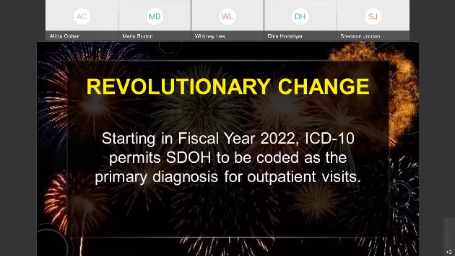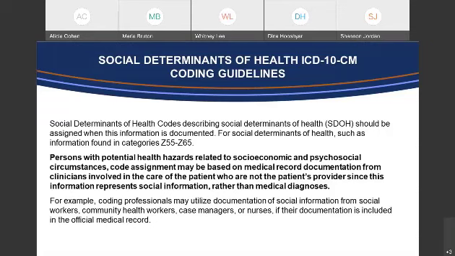Okay, so this was part of the revolutionary change starting in fiscal year 2022. ICD-10 permits SDOH to be coded as primary diagnosis for outpatient visits. And so the following ICD-10 coding guidelines for social determinants of health basically is just, in a nutshell, persons with